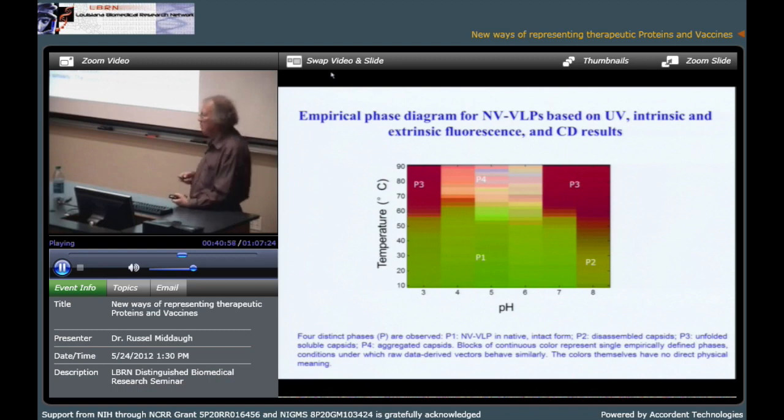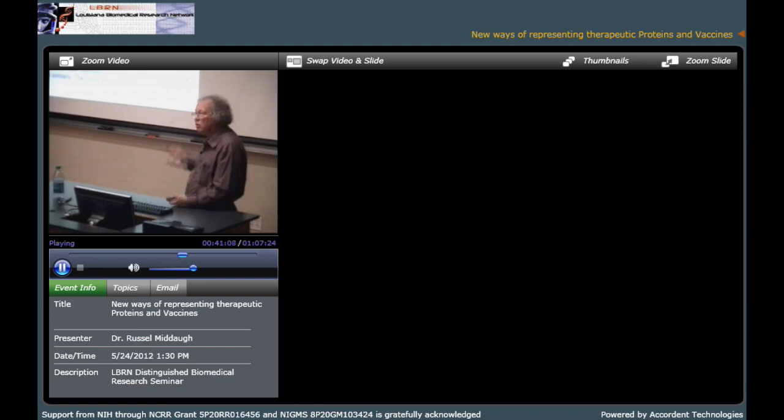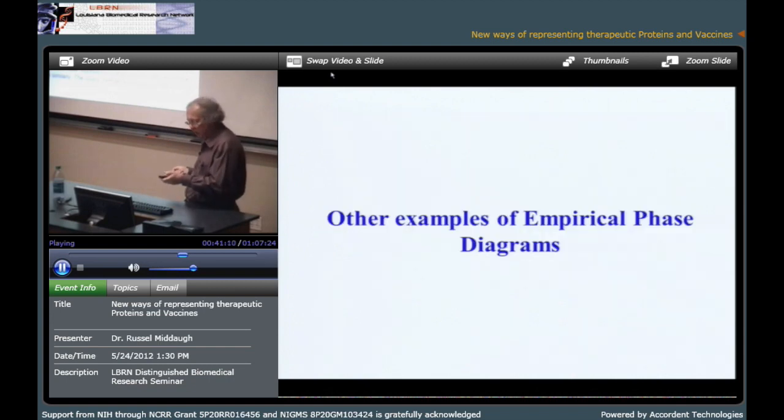Here's the phase diagram. This is what I wanted to show you. Here are the different regions. You can assign the regions by going back and looking at the actual data. Now, what we would do is use that index type phase diagram. That was not done with this. Right? And I'll skip this. This is just on some interesting mechanistic information.